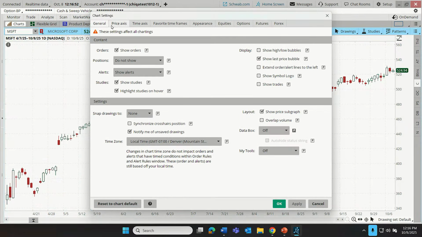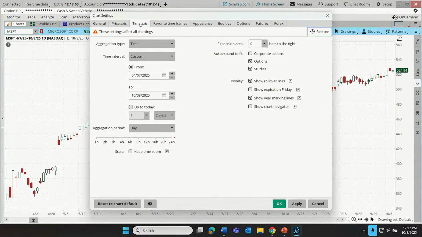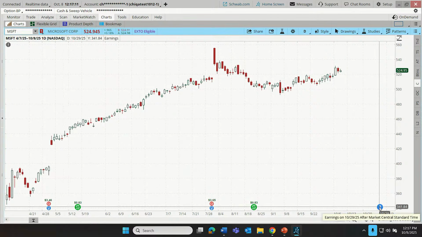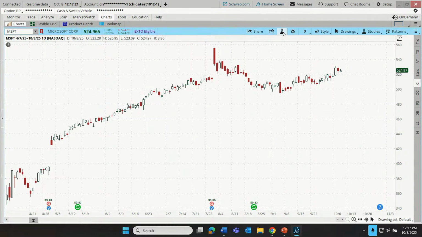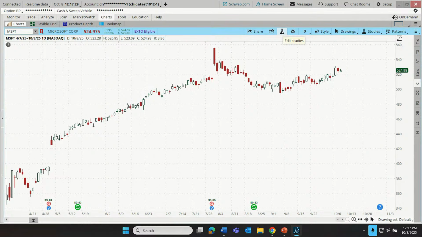So if we came to our chart settings, and if we went to equities and we selected show corporate actions, and if we go to the time axis and we gave it some extra bars off to the right, let's say 20 days. This is going to create some extra space out here to the right. Click apply and click OK. If you'll notice, this is now showing there's an earnings announcement out there on the 29th of October. And I could then set up, let's say, an alert for the 28th of October as basically a reminder. Or as Brent has pointed out, you can just set up an alert that automatically generates according to the event itself. There are a couple of ways that you can do it that way.